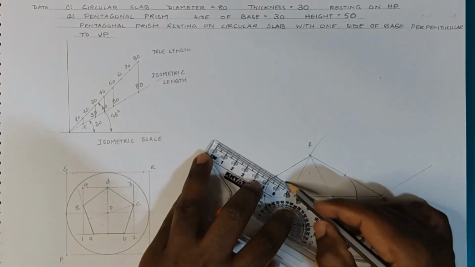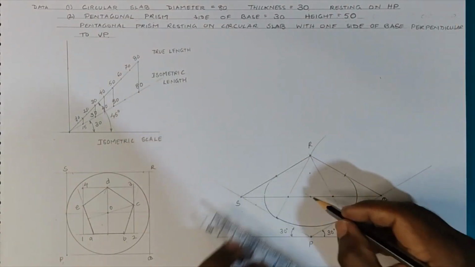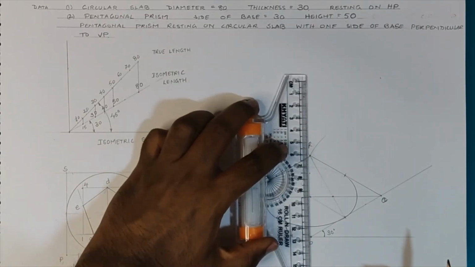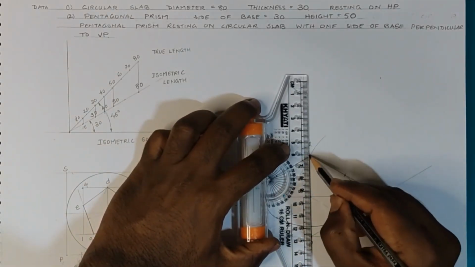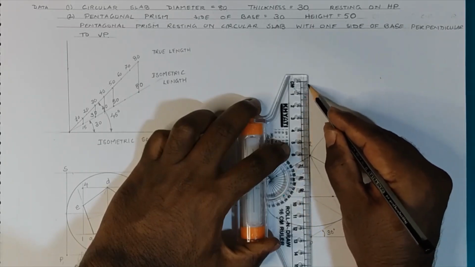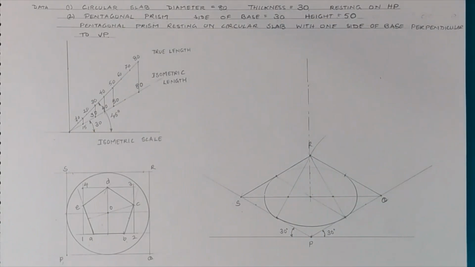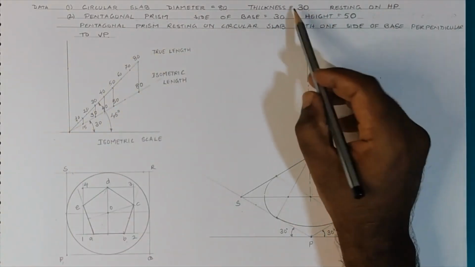I will be joining the midpoints of sides to find the center of the rhombus. And through the center, I will be drawing the axis. So the axis is a chain line which I am drawing, and along which I would be taking a distance of isometric 30 mm length.